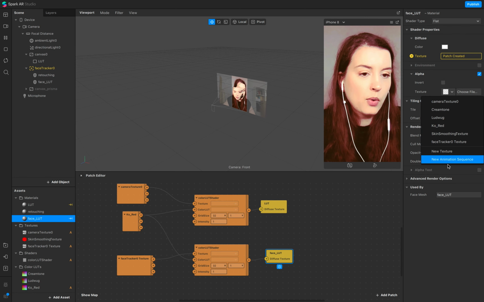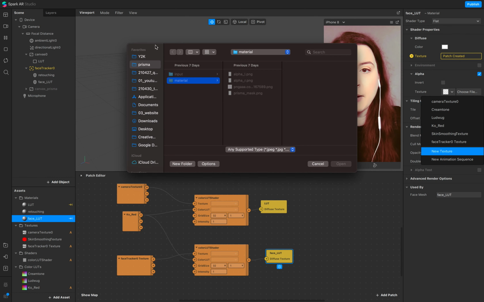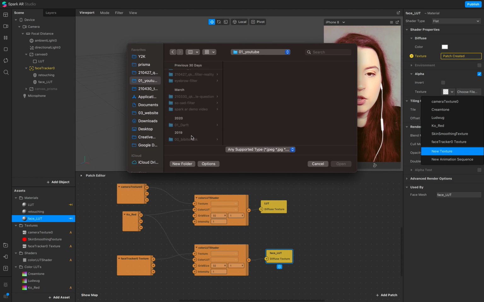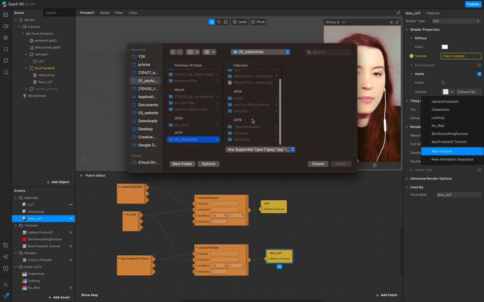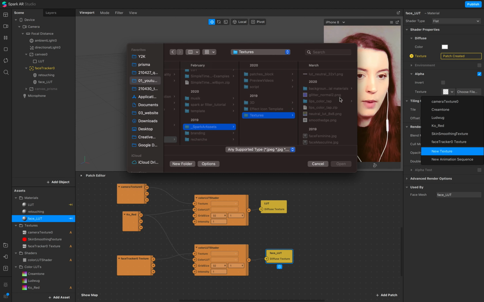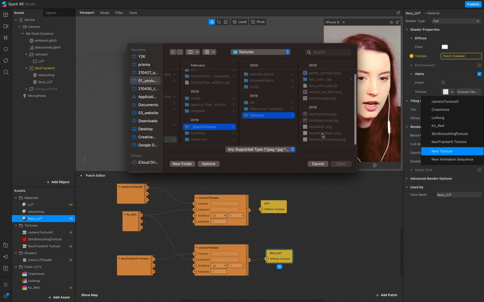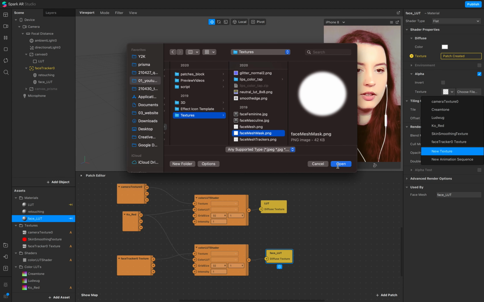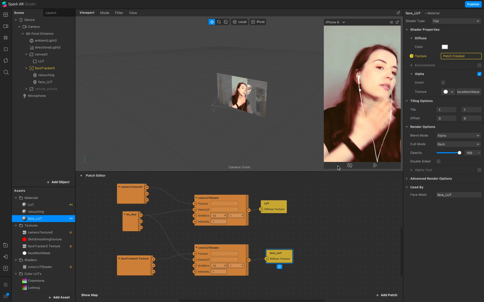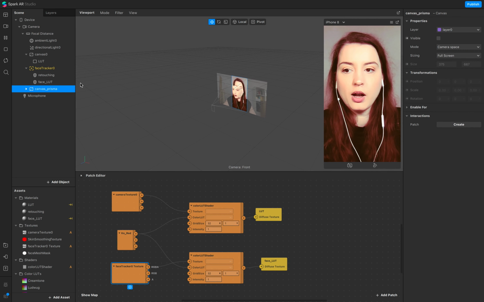If you want to know where you find this mask I add right now, just go to the comment section, in the description down below. You can download the assets from Spark AR. In this case, I love this face mesh mask. Perfect. And now we go to our canvas